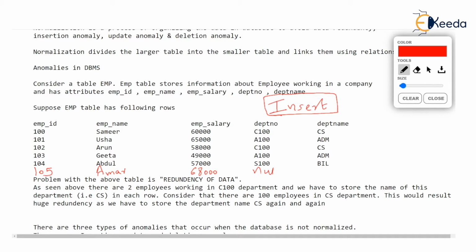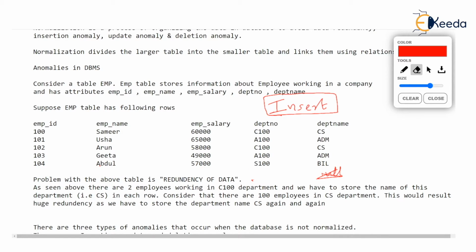This is a very funny situation. Many times, some attributes are not allowed to be null. While designing the table, we say that the attribute cannot be null. If that constraint is put, then we can't even store null over here. And the entire insertion is blocked. We can't insert Amar if the department of Amar is not known. Similarly, now this is too funny. You see, this insert anomaly is very funny.